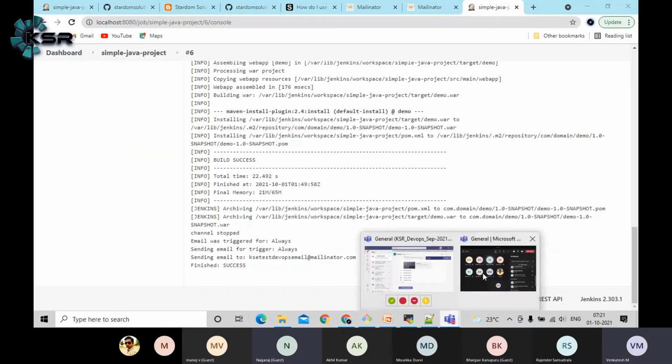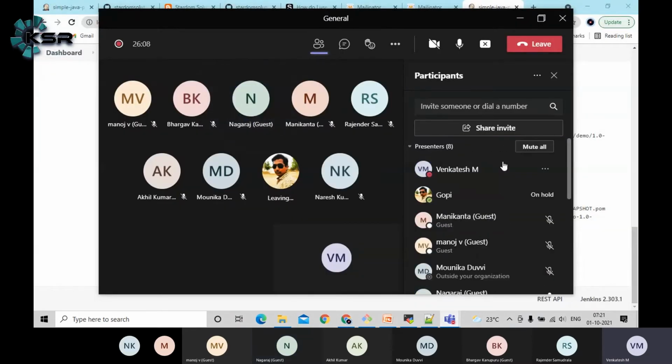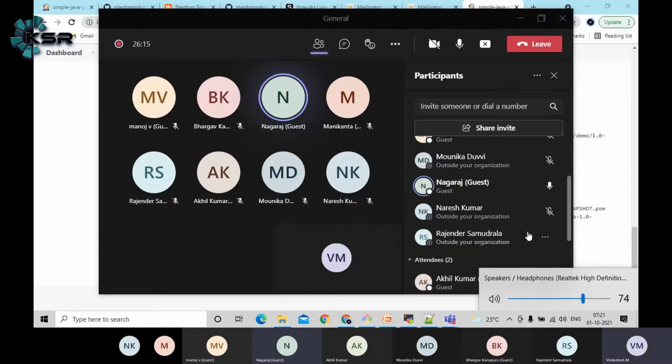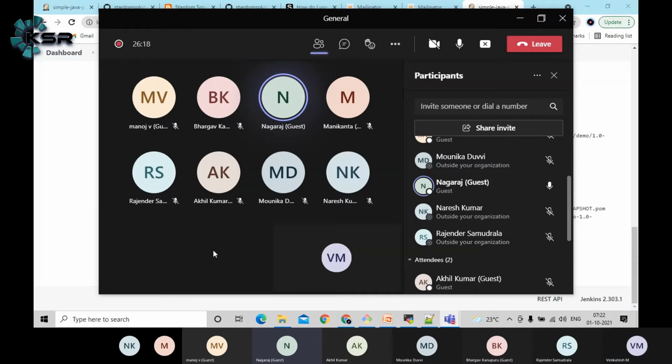Okay, can I ask a question? Sure, go ahead. The email trigger, is the configuration of email mandatory for all the build jobs? Because a lot of emails will be generated, right? Yes, obviously. A lot of things will be there, but as I mentioned, that is based upon the number of applications you are going to work on. Of course, yes, sometimes we will get more than 40 to 50 messages. Based on development frequency this will vary, but this is the approach we should follow.